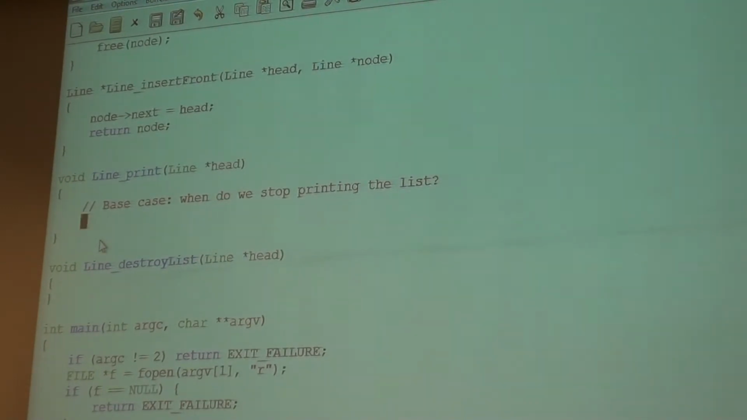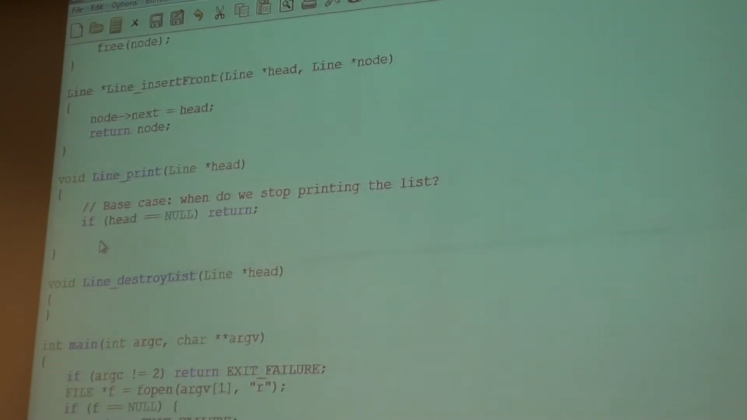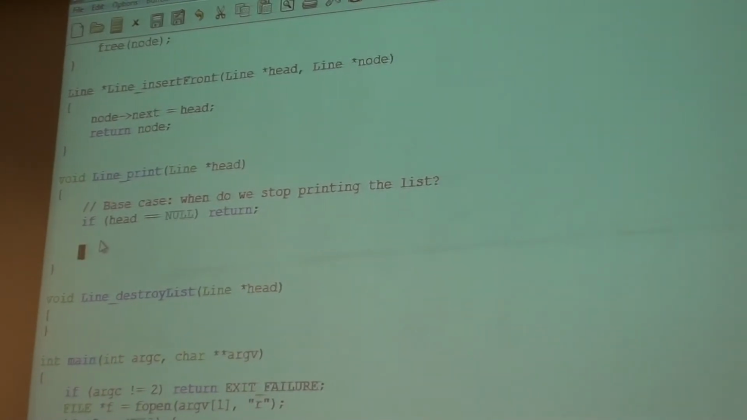When the pointer is null. Exactly. If that is equal to null, I will just return, I'm done. There's nothing more to do. The recursive case is